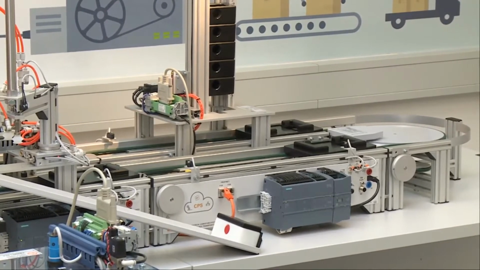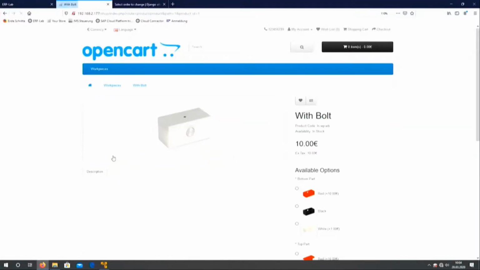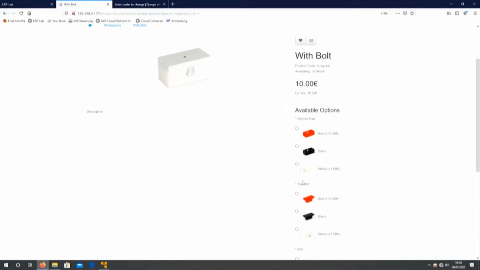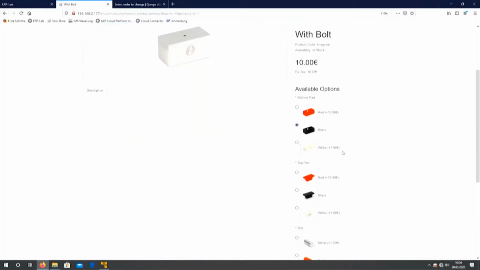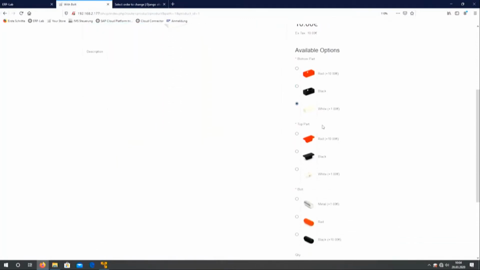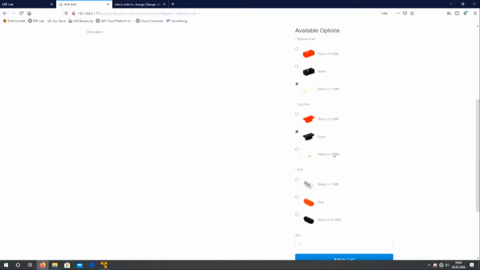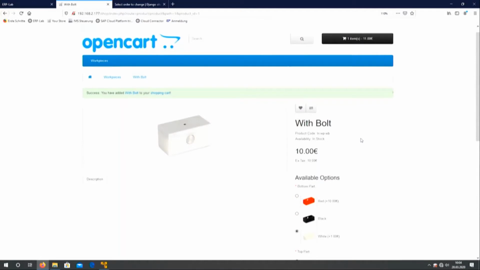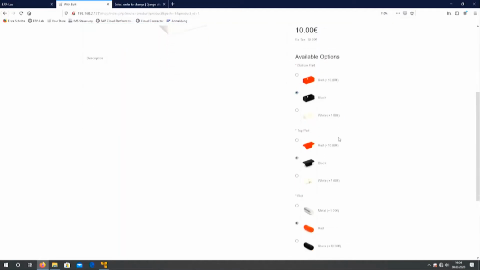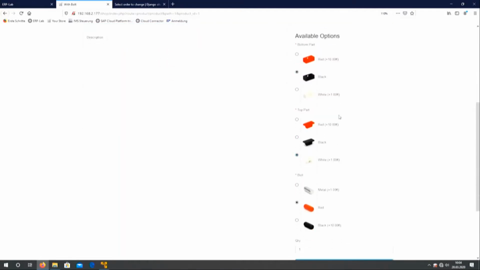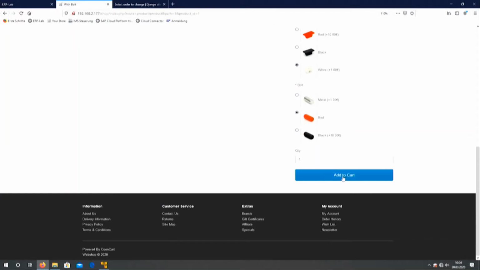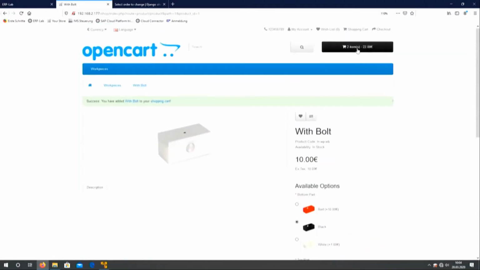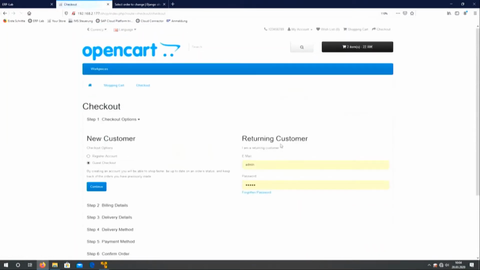So I choose the workpiece, the product I want to have. I choose the product with the bolt, and I choose, for example, a white bottom part, a black top part, and a plastic bolt. Add this to my cart, and then a second possibility, for example, I change only black and white, add it also to the cart, and now I go to the checkout.